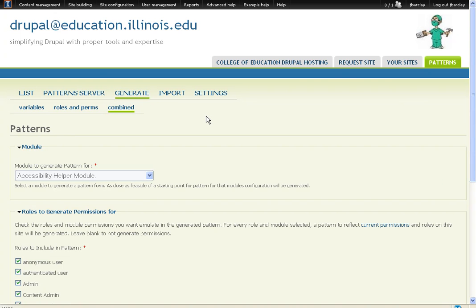Okay, and then this third one is I just have some combined ones, where this is basically a single interface for the other 2, and I would add more. Where I have variables, roles, and perms, I would have blocks and menus and other things that